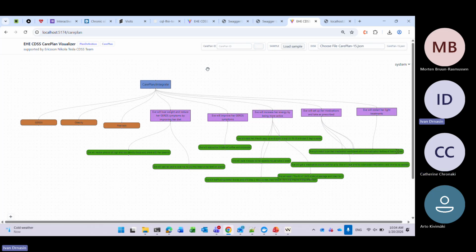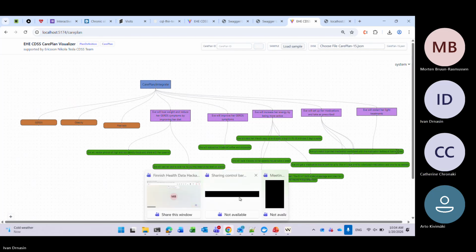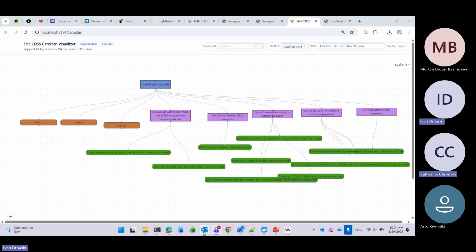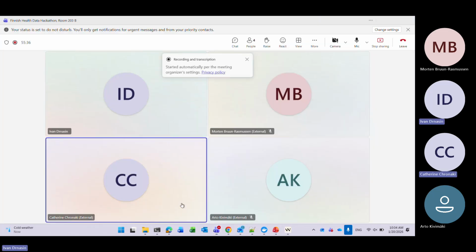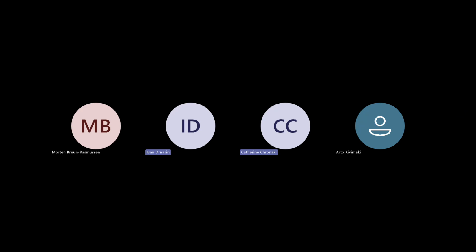So, is this okay, Catherine? Yeah, I think this is great. I think I got it now. Okay, yeah, thanks, thank you. Should I stop sharing? Thank you very much for going over it. No problem. I think this was very useful to understand the full workflow. It was a pleasure.